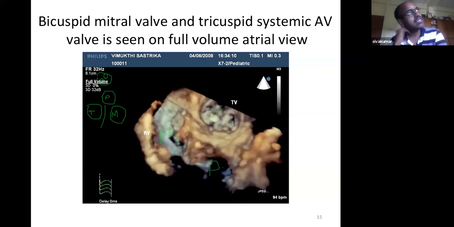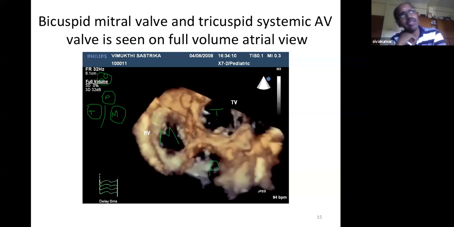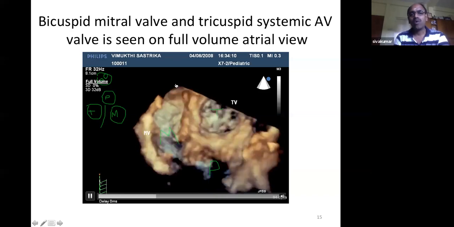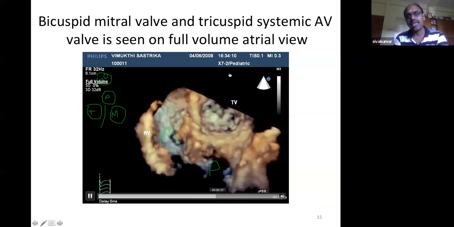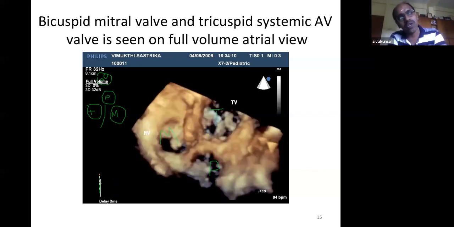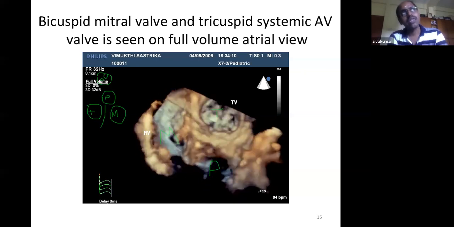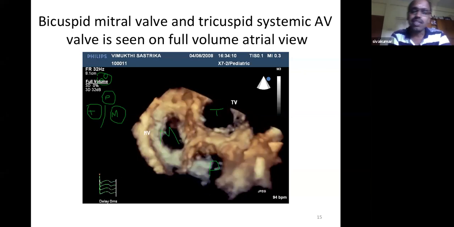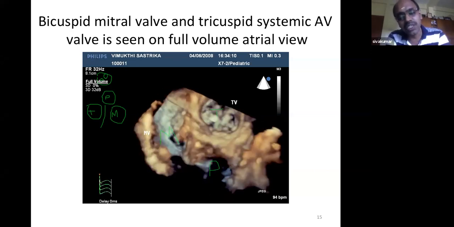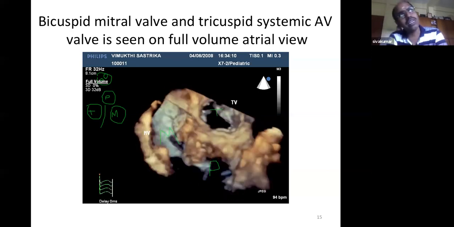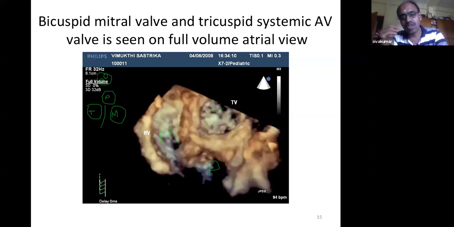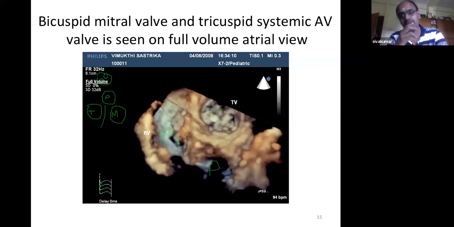Whenever we are displaying a subxiphoid view, conventionally we put the probe at the bottom and display it as if it's a V-shaped display. Similarly, an apical 4-chamber view also, we try to display in a V-shaped manner. The reason it is displayed that way is that it's called anatomically correct and attitudinally appropriate. Anatomically correct means whatever is superior is superior, whatever is inferior is inferior. Whatever is to the left is left, whatever is to the right is right. So this is anatomically correct.